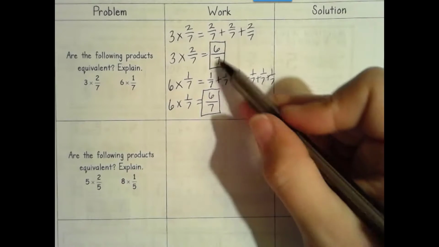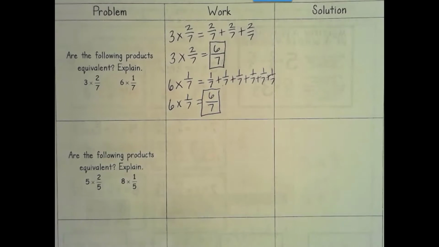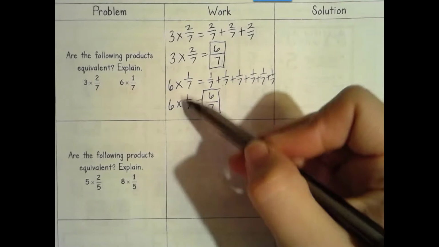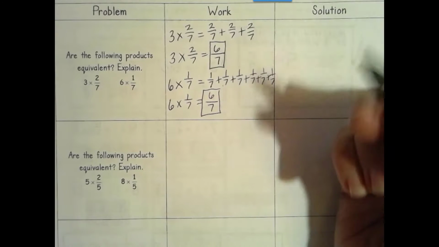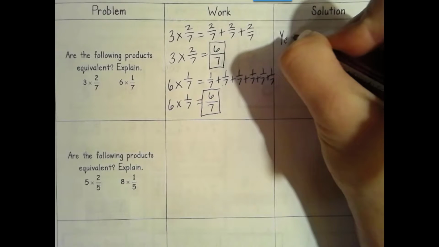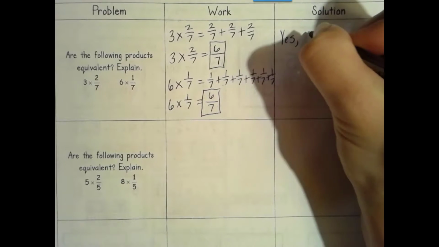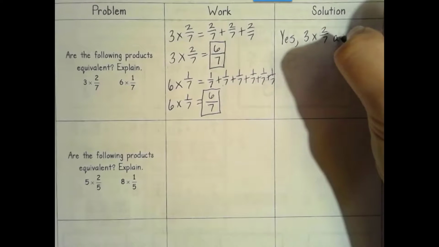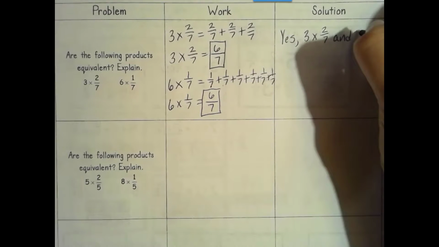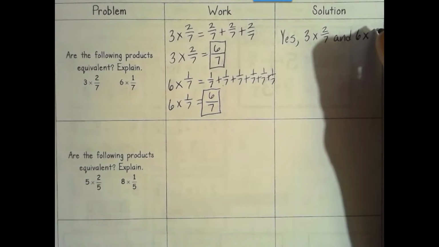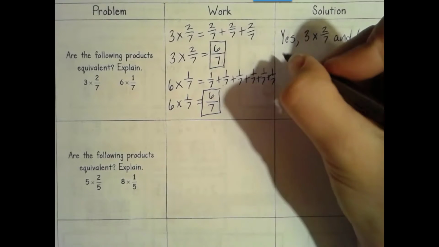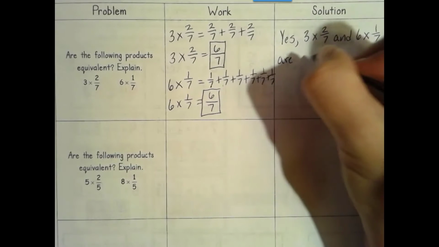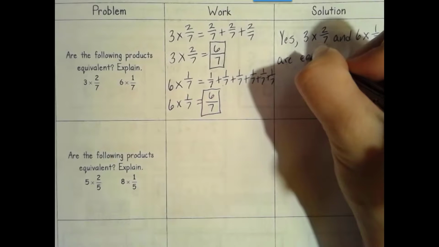Are these an equal amount? Yeah, so that means these are equivalent. So yes, 3 times 2/7 and 6 times 1/7 are equivalent